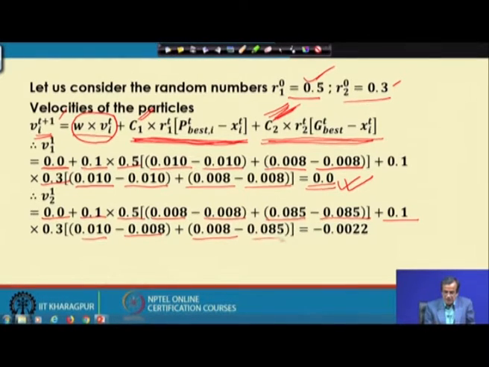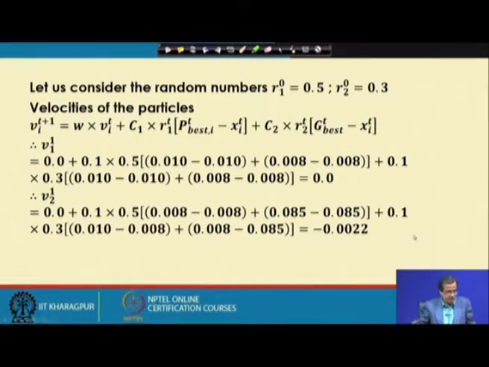Then 0.085 is nothing but the value of h corresponding to the second particle, and if we simplify, we will be getting the modified velocity, that is V2 with respect to t plus 1, the updated velocity of the second particle in the next iteration, and that is nothing but 0.0022. And here I can assign a negative value, because this actually indicates the vector direction. So, just to indicate the direction, I am using the negative sign here.